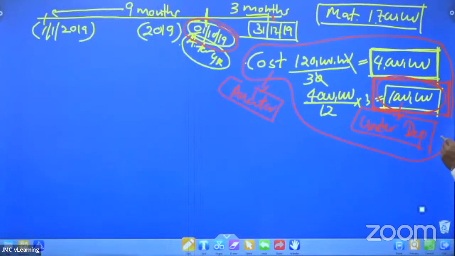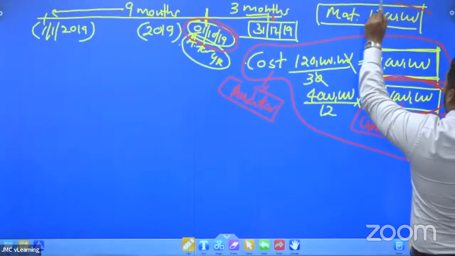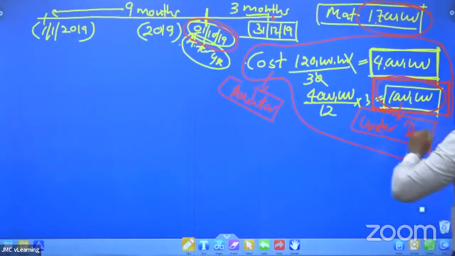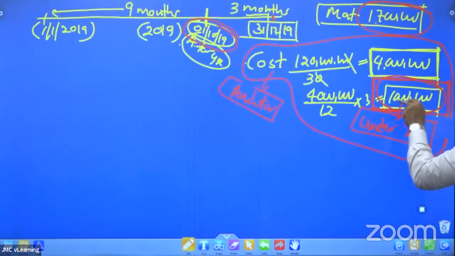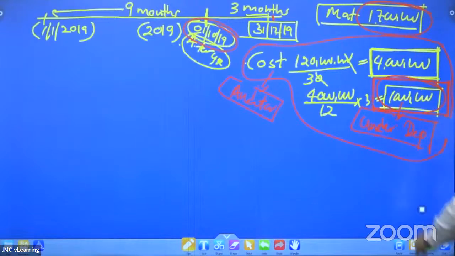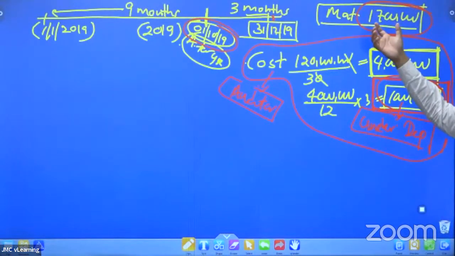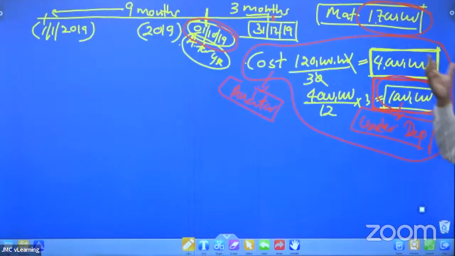When you take this error alone, it will not exceed the materiality level, because your overall materiality is 1.7 million, whereas the magnitude of this issue is basically 1 million. Are we clear? Are we clear up to that point?